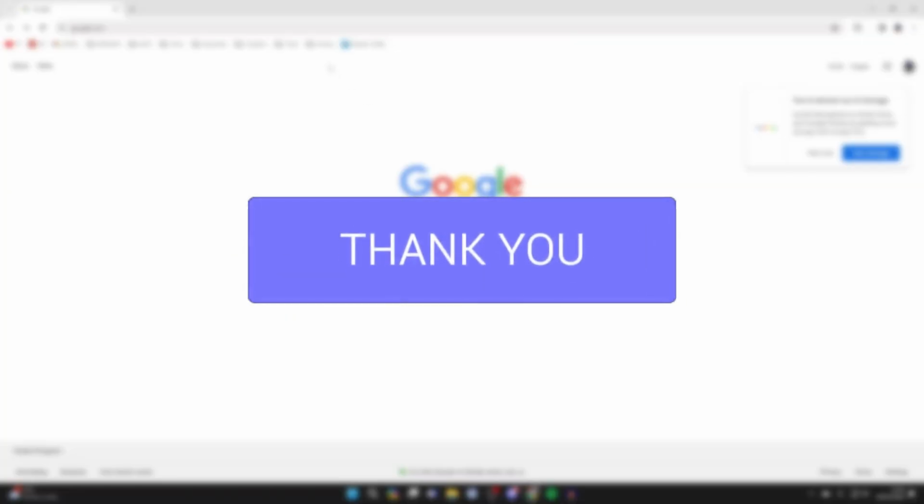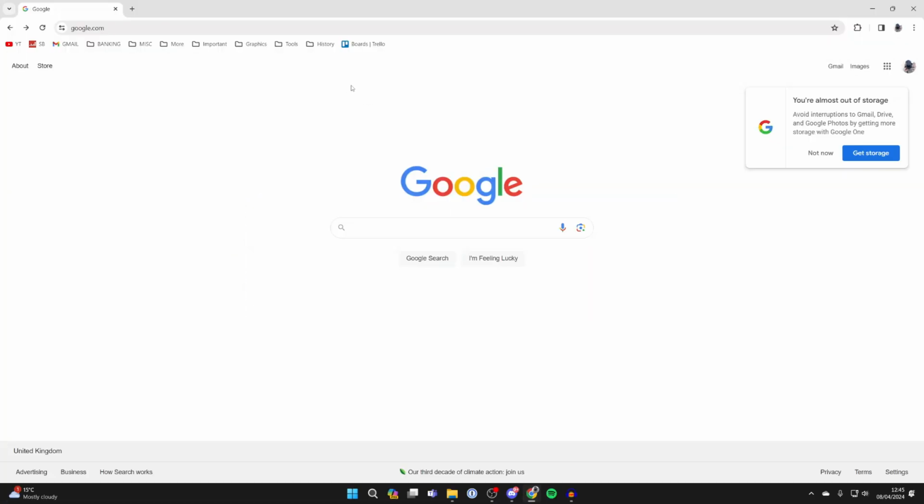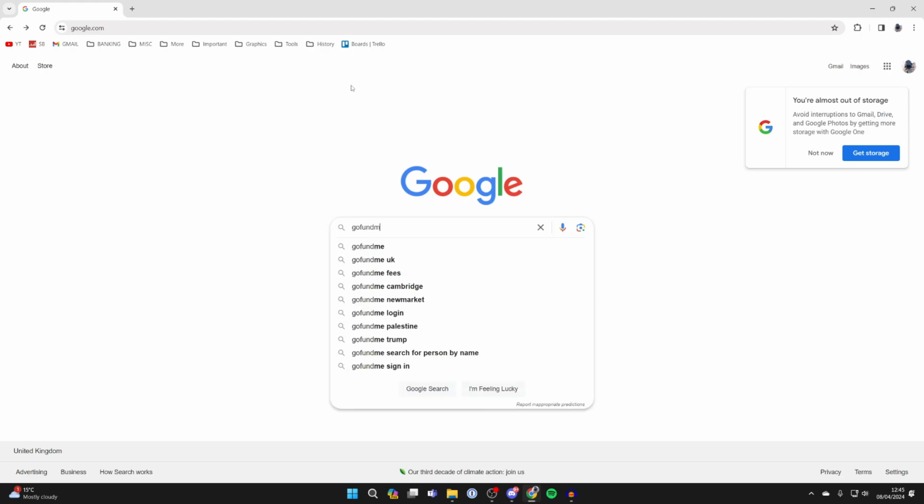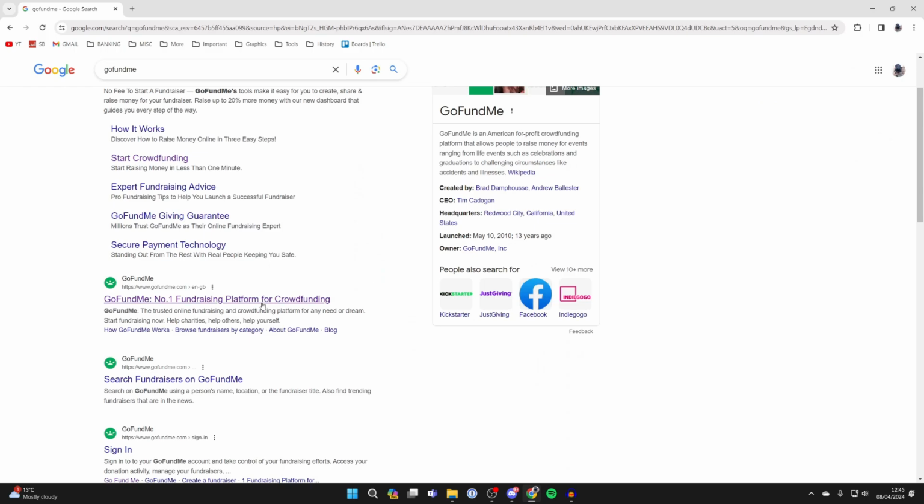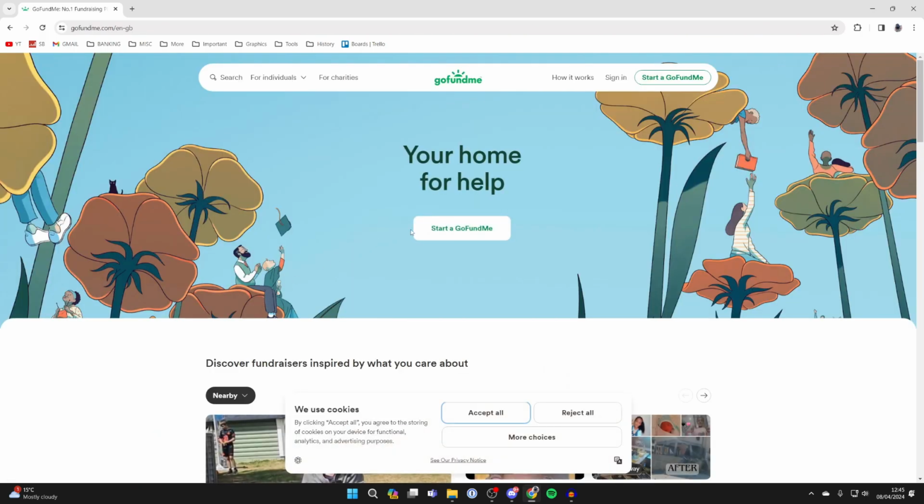You can follow this guide on a phone or a computer. So first of all, you need to go to GoFundMe.com. You can just go straight to the site or just go and search for it like so. And then what you want to do is click on Start a GoFundMe on the homepage and we can now